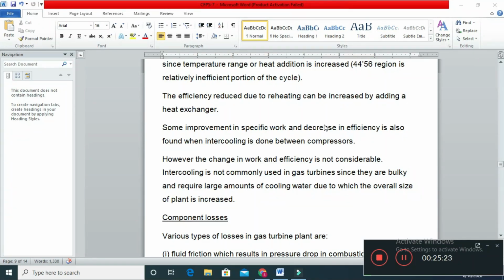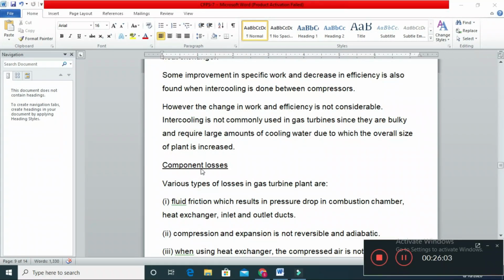The reason is that the intercooling, even though it slightly increases the net work by decreasing the compressor work, has a limitation that is more when compared to the gain from the intercooler, because for the intercooling process we have to supply a large amount of cooling water. So there is an extra component, the intercooler, and for the intercooler we have to provide the cooling water, for which we need a separate mechanism. So for that reason the intercooling process is not very common.